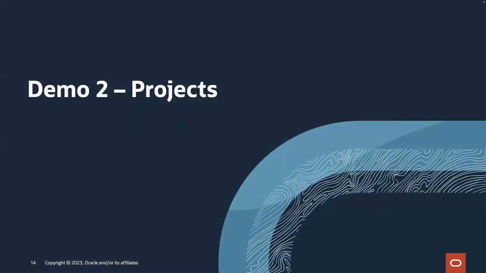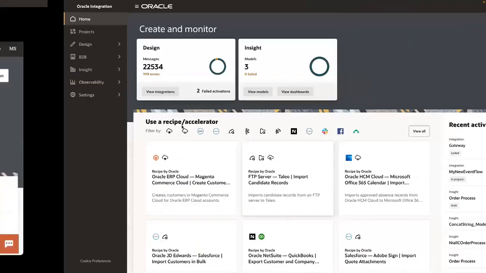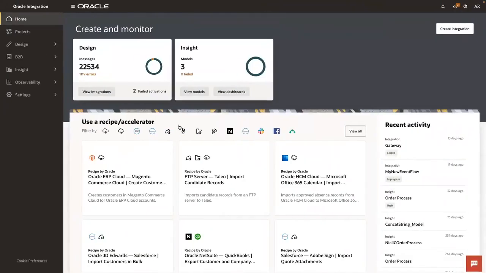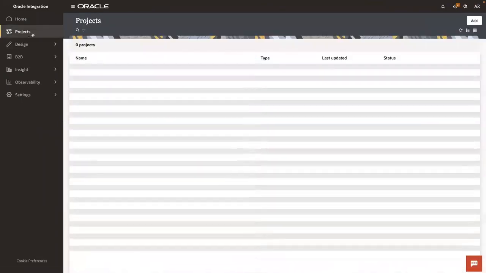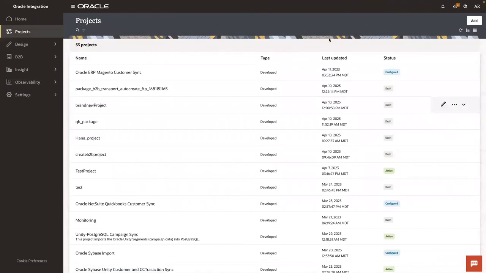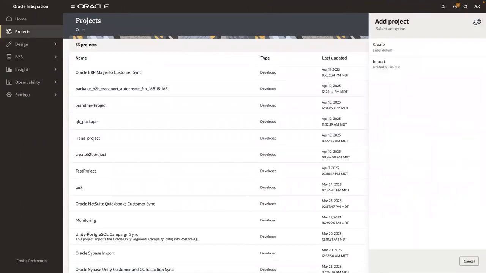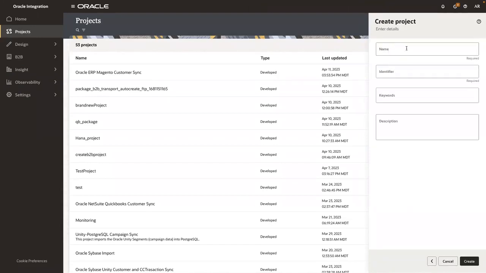Let's now talk about projects. Within projects, you can think of a project as a virtual OIC instance. When we go to an OIC instance, we see here that we have projects available. If I wanted to, I could add a new project, or I could import a project archive file. So if I create a project,